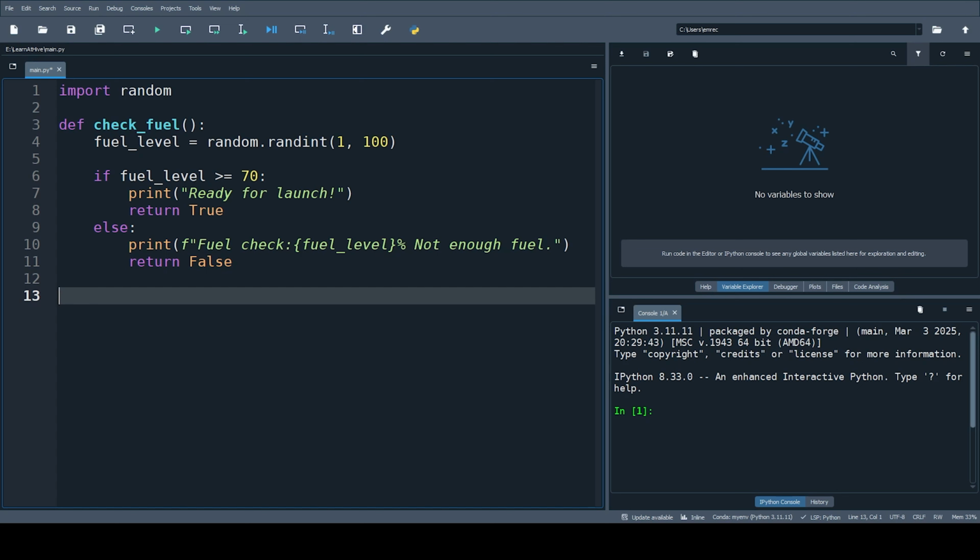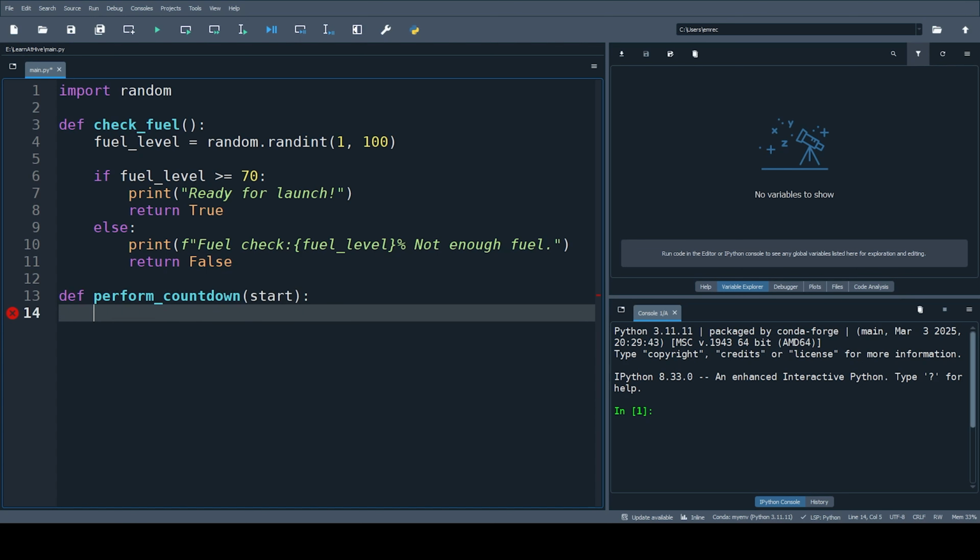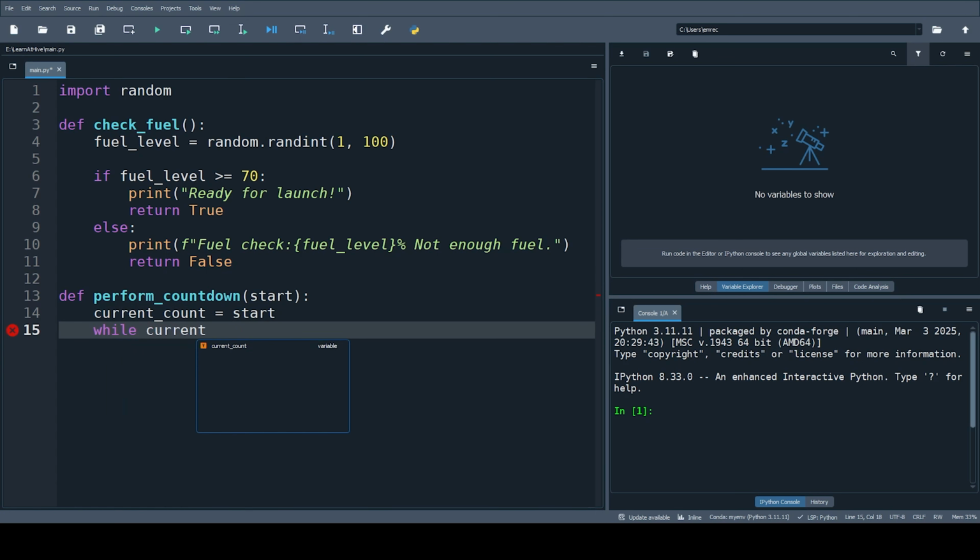So we will define another function named perform_countdown with a start parameter. We need to simulate the countdown before the rocket launches. We define a function called perform_countdown that takes a start parameter, which is the number we will count down from, like 10 or like 5. So let's fill it. Current count equals start. While current count is greater than 0,